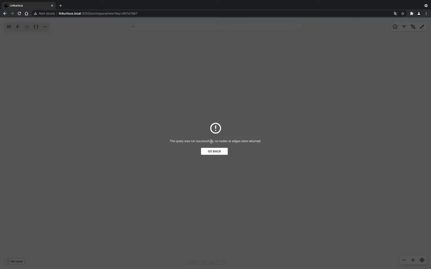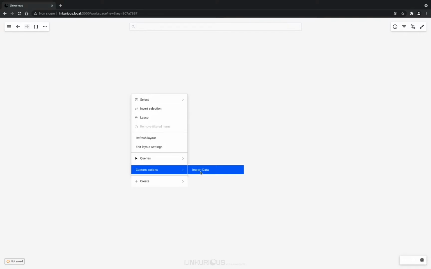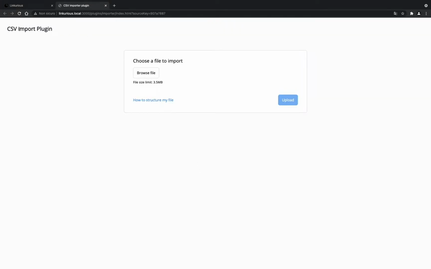So I am now in my local Linkurious Enterprise instance, and as said before by Shraddha, I'm working in a company that is starting a new graph project. So what I have here is that my database is completely empty and I need to import data, but I don't have any graph skills, so I cannot write a query for importing this information. What I can do is to use our plugin, so I can run a custom action called import data. And as you can see, I'm now redirected to a new page, but this page is still hosted inside my local Linkurious Enterprise instance. As said before, all the plugins are executed directly inside the Linkurious Enterprise server, so